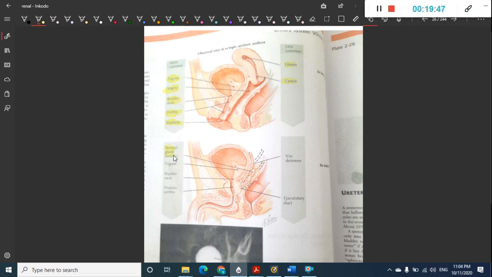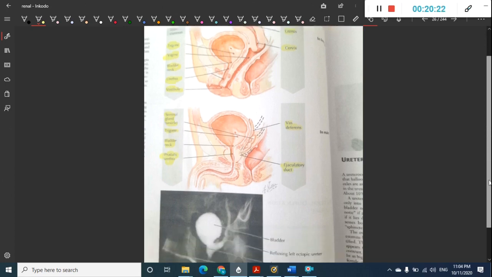In males, it can occur in seminal gland, trigone of bladder, bladder neck, or prostatic urethra. These are the sites where you can have ectopic ureteric opening, and less commonly it can also occur in vas deferens and ejaculatory duct. See, this is the sphincter. All those orifices which you see are present above the internal urethral sphincter, and as a result dribbling is rarely seen in males. It is almost never seen in males. In males, urinary tract infection is the most common etiology.